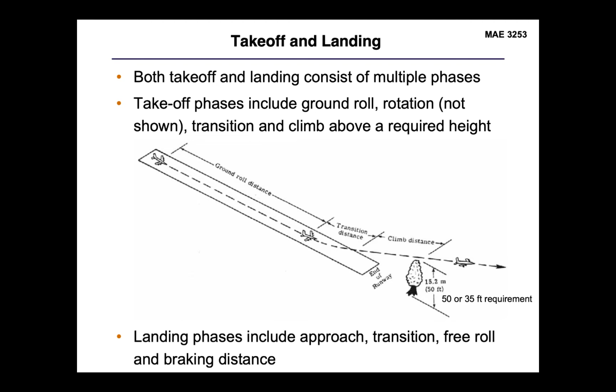We also have to consider the transition as the aircraft starts to rotate from its normal horizontal position on the runway as it's accelerating to takeoff velocity to its climb out scenario. So there'll be a transition period as it rotates, increasing its angle of attack until it gets to that climb out attitude. Then we also have to include a brief horizontal distance for the aircraft to actually gain some